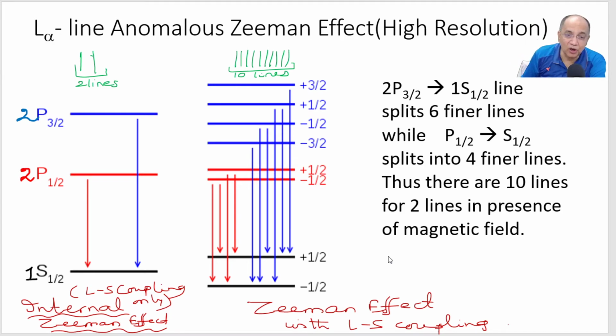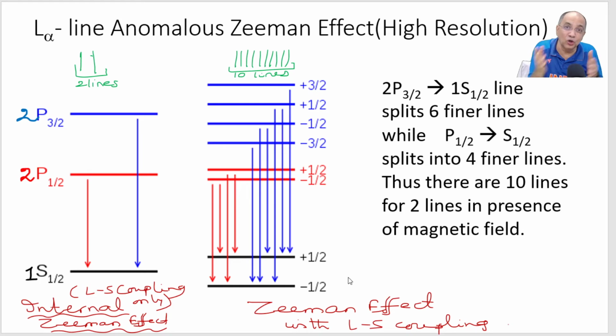And here from 2p plus minus half to 1s plus minus half, there will be 4, all allowed. Delta J remains within 0 and plus minus 1. So altogether 10 transitions. Can you believe how interesting it is, when Zeeman found under high resolution condition 10 lines,